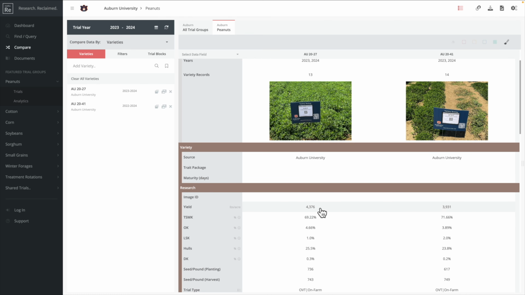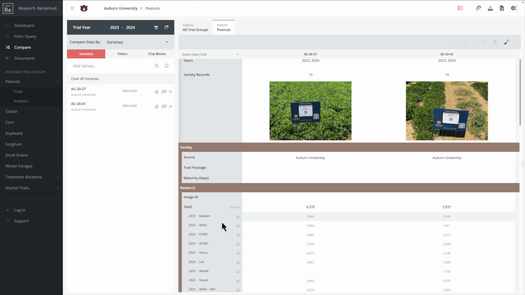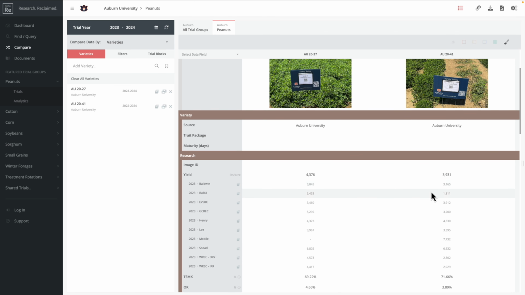As I look at all of the different data available to me, this is the average over all of the 13 variety records available. If I were to click on that average, it will then show me this little pop-up here that gives me all of the detailed information for each data point that makes up this average. Another option that I have is if I click on any of these data fields over here, so if I click on yield, it will expand that out,